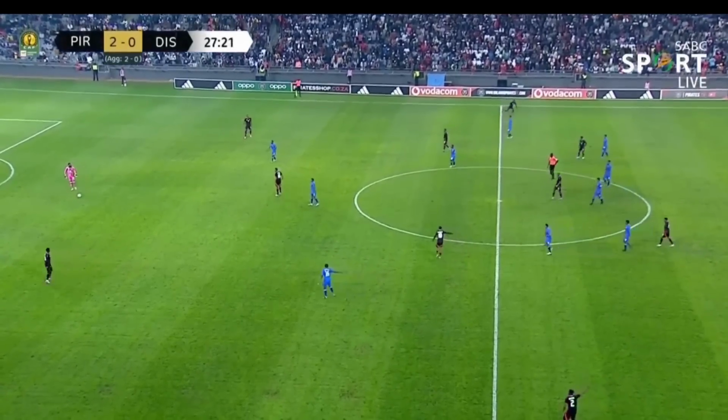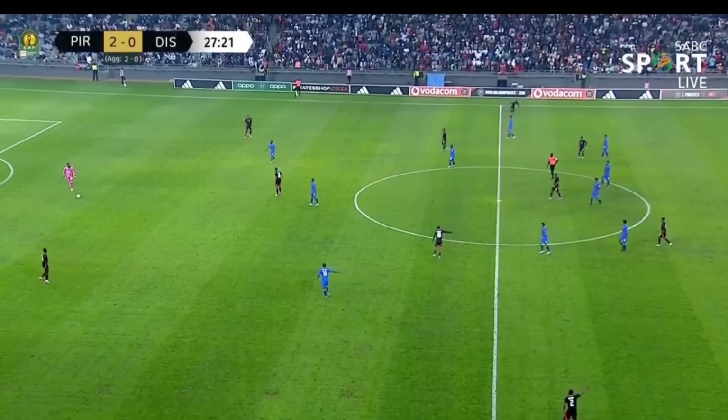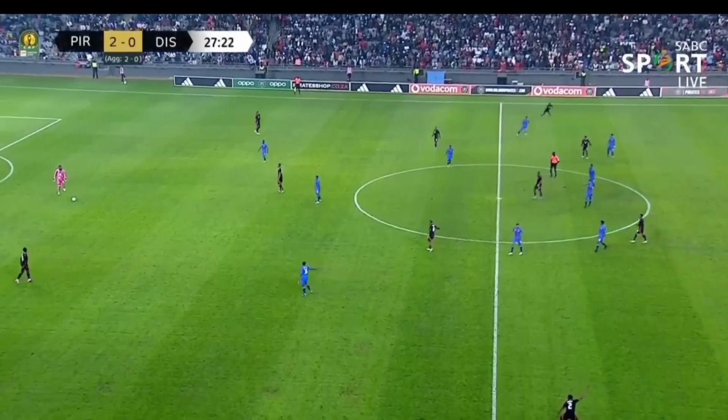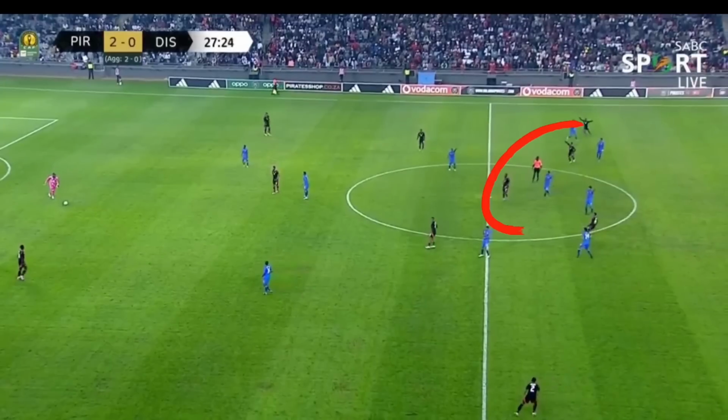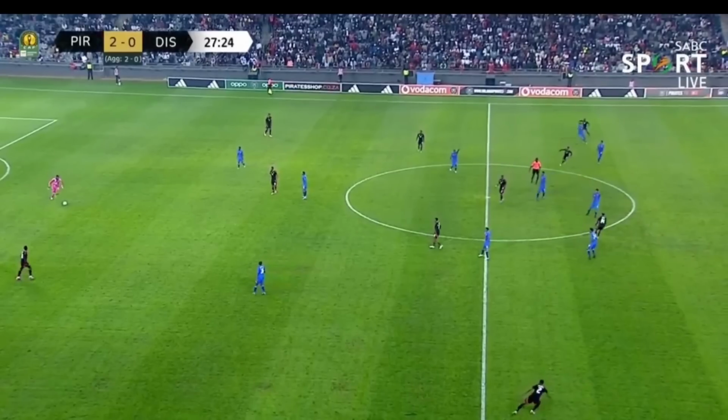Now we're on the 27th minute. Once again, look at Mabasa. He's dropping. There's a defender following him. They do not learn. And then you still have those 4 people. And as I am pointing there, you see Mabasa has drawn that defender to him. There are still wide players. There's like 4 people up front.